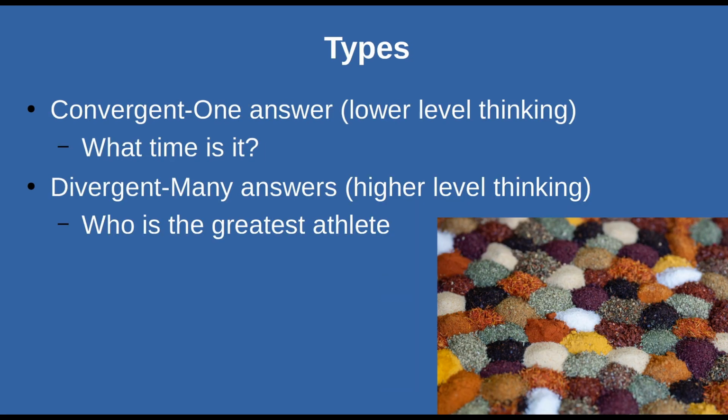Now, in general, there's probably only two types of questions, and these can be either convergent questions or divergent questions. What we mean by convergent is these are questions that have one answer. To give you an example on the screen, what time is it? It can only be a certain time at a certain time. I hope that makes sense. And so these are questions that only have one answer. How much money do you have right now? That's another one. Or what color is your car? There's only a certain answer for these type of questions.